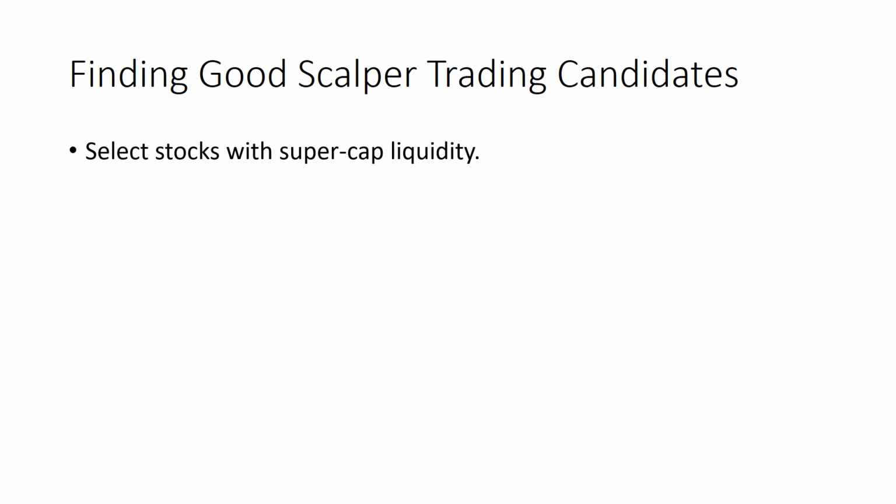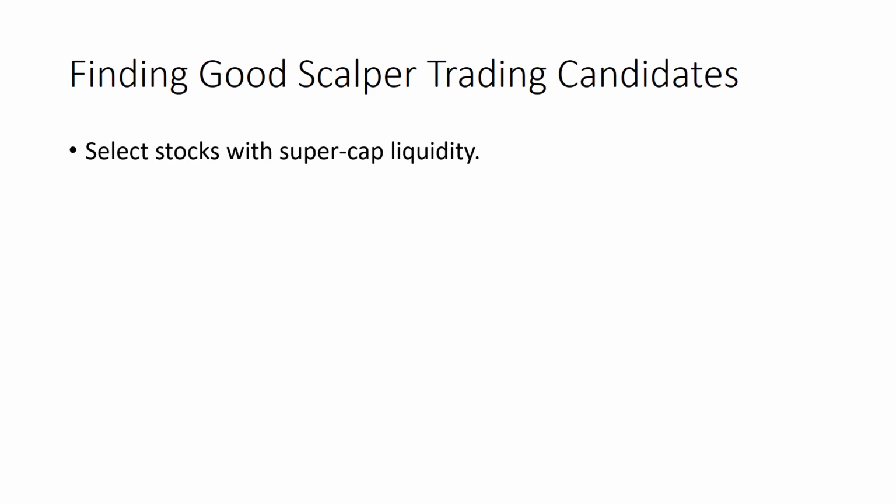The first is you want to select stocks with supercap liquidity. By this, I mean the Apples of the world. When I first started doing this as a trading plan, I originally called it an apple a day. That's because Apple was on there almost every single day, and it still is. That thing trades enough shares that there is never a problem with the liquidity. The spreads are always very, very tight, even right off the opening bell. And the moves that it makes, 95% of the time, are very, very easy to predict, the type of range that it's going to be trading in.